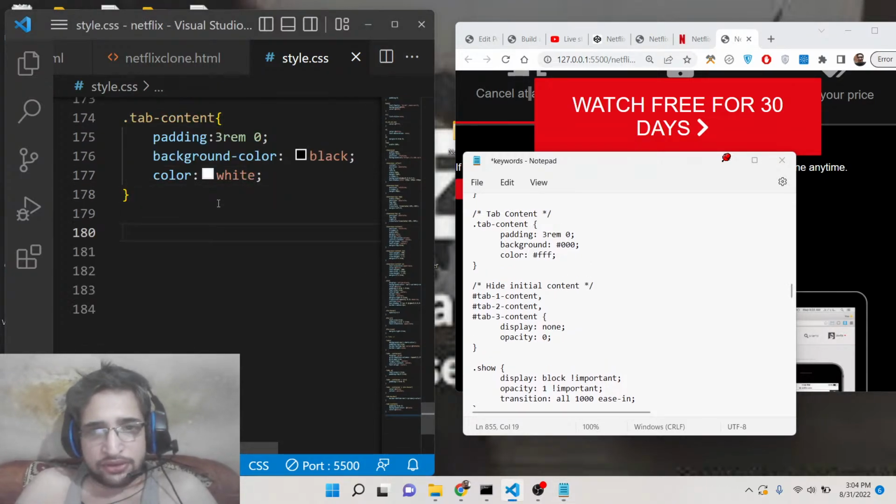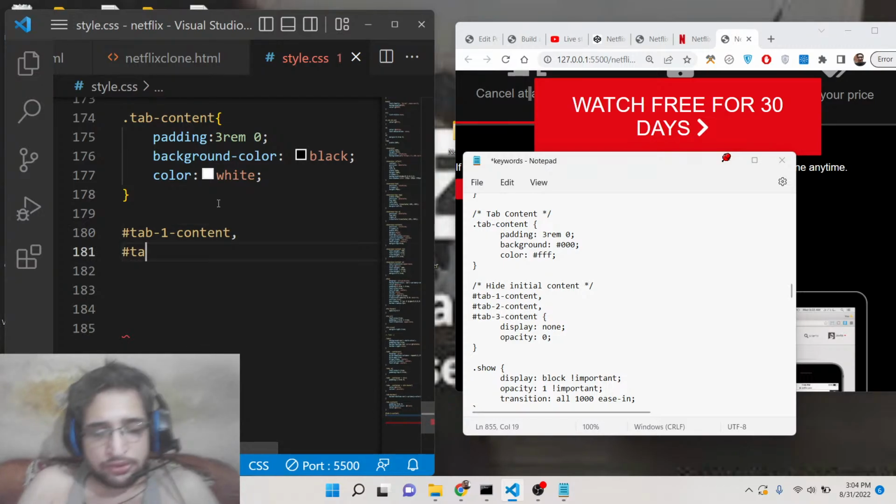So we need to hide this content, guys. First of all, when we load the page, tab 1 content, tab 2 content,